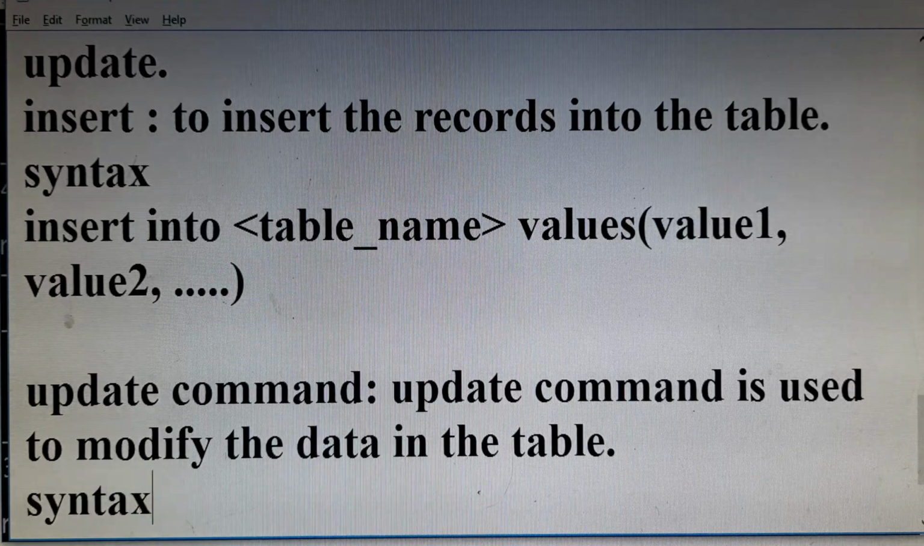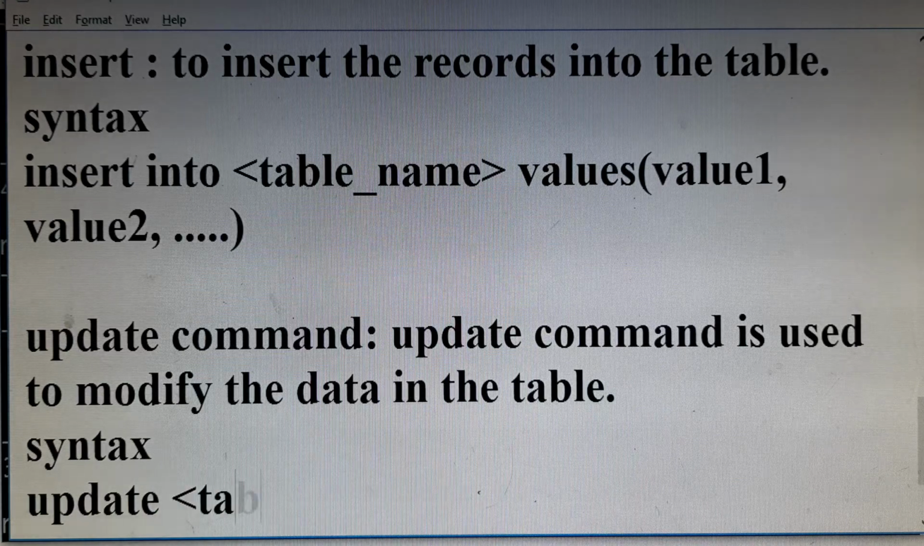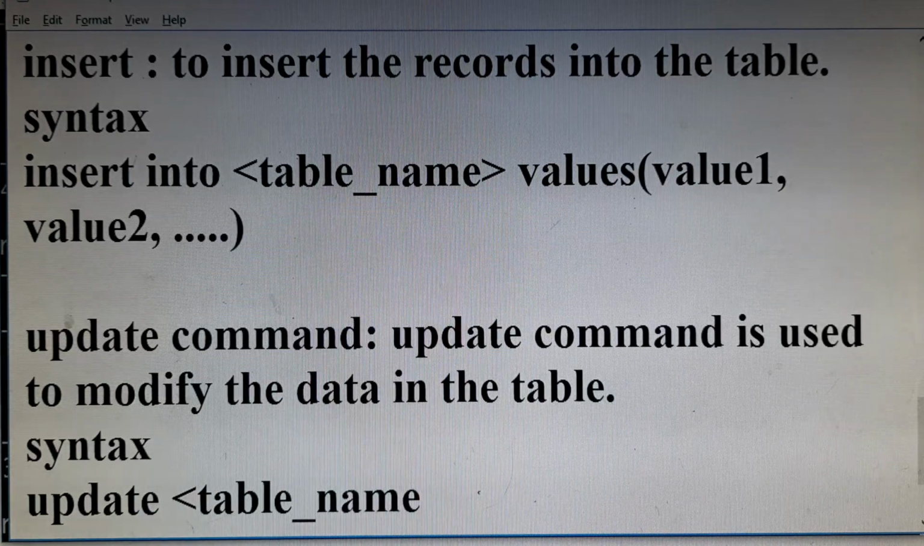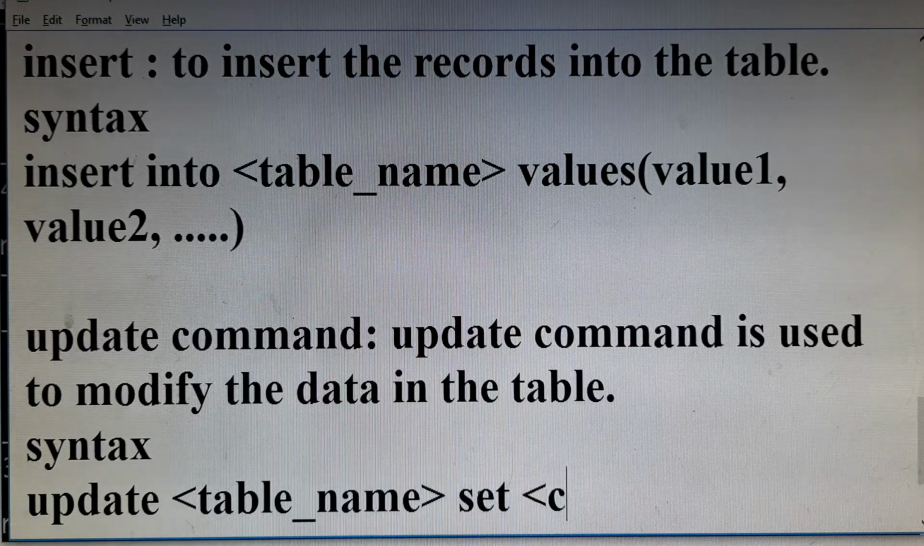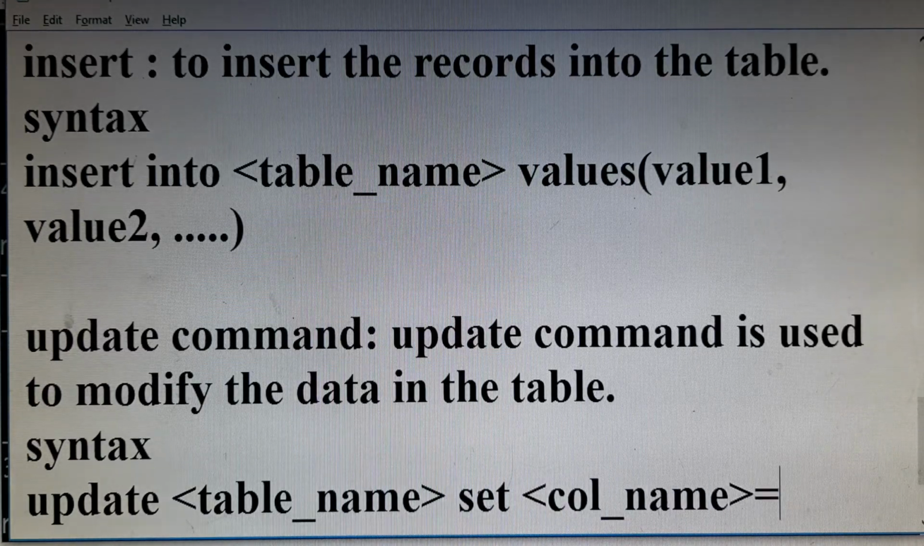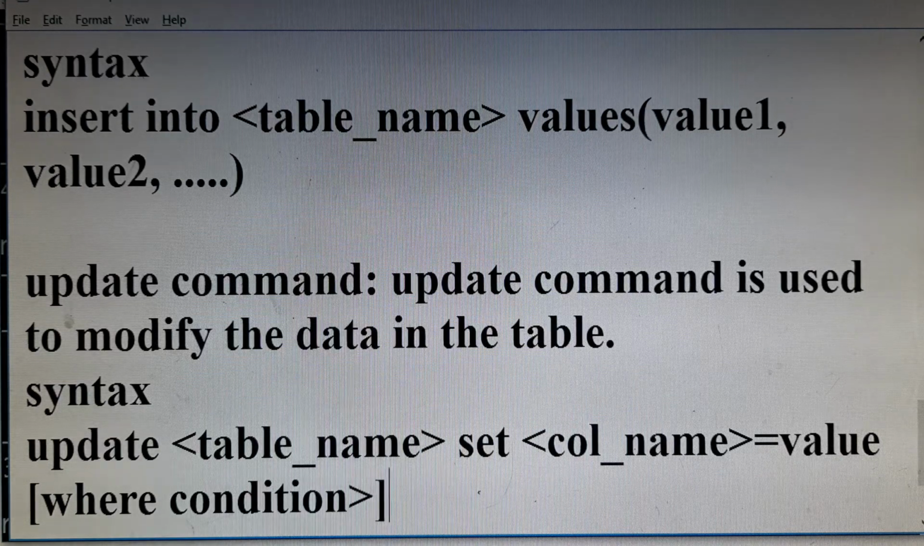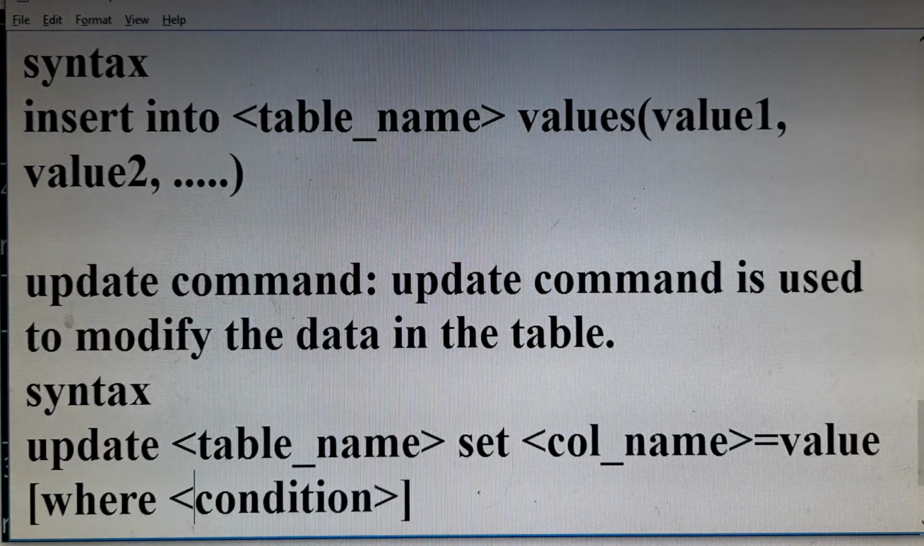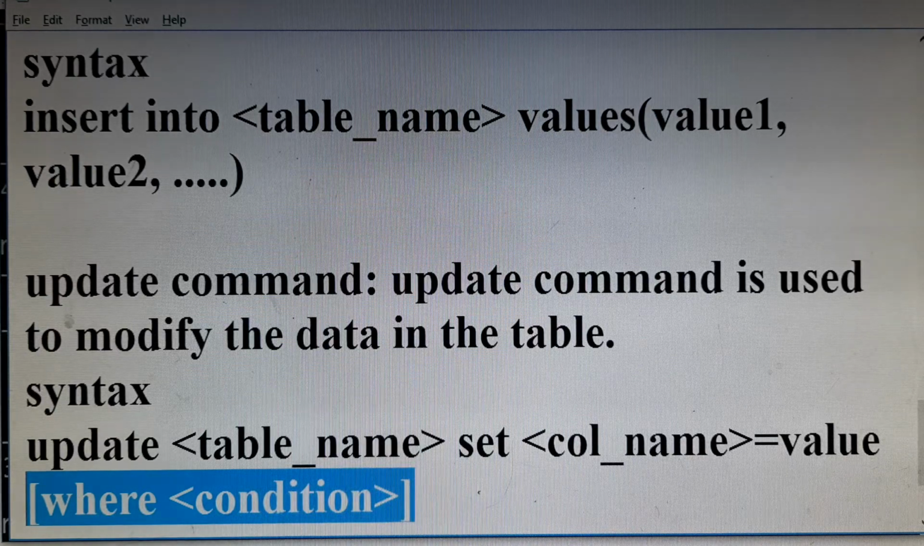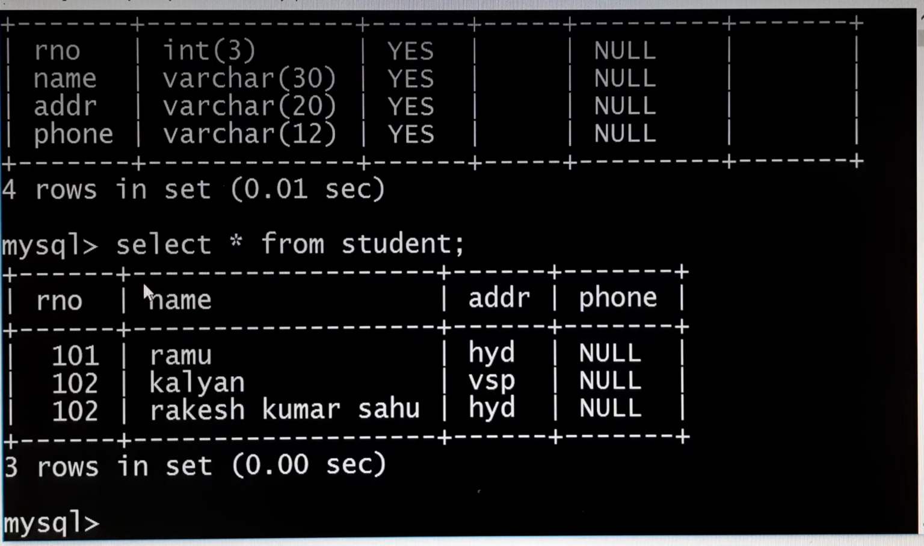So syntax is update table name, set column name is equals to value, where condition. So condition is optional. If you don't give the condition, all the rows will be updated. So for example, update student set phone is equals to